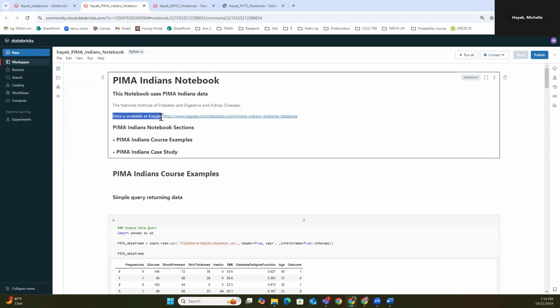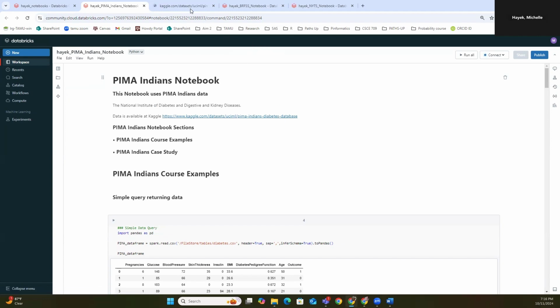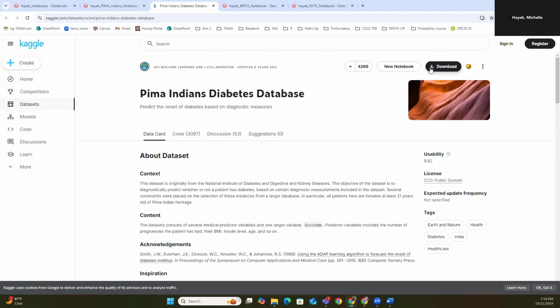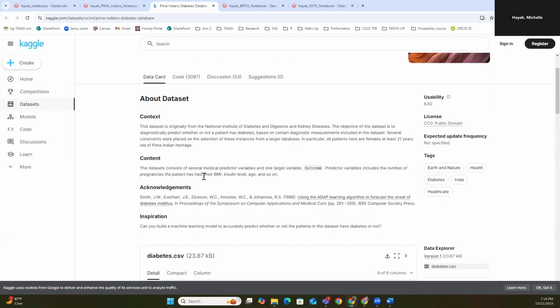data for this notebook is available on Kaggle. So you have two options. You can either go onto Kaggle and then in here you would have to create an account and then you can download the data set using this download button over here and you can see the information of this data